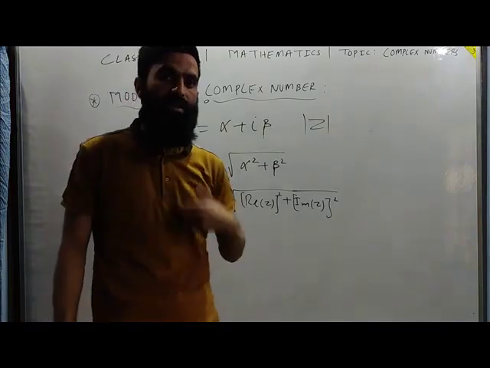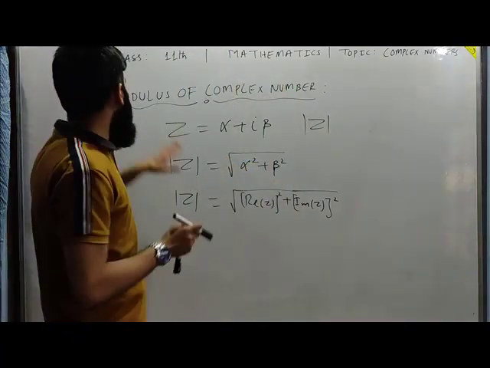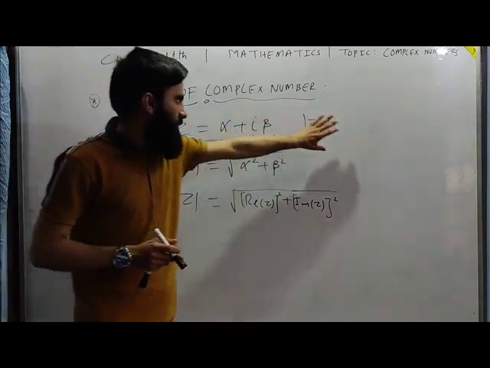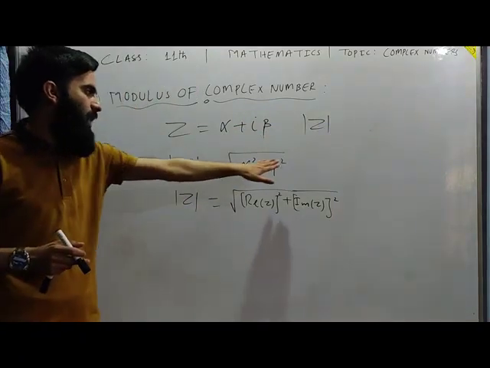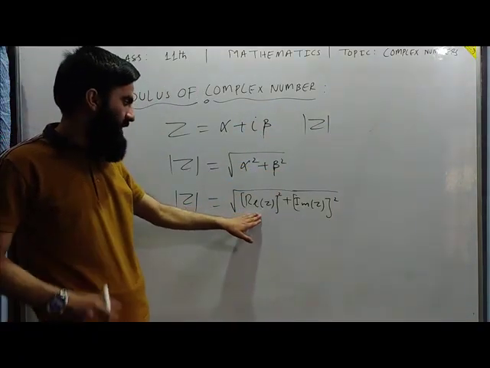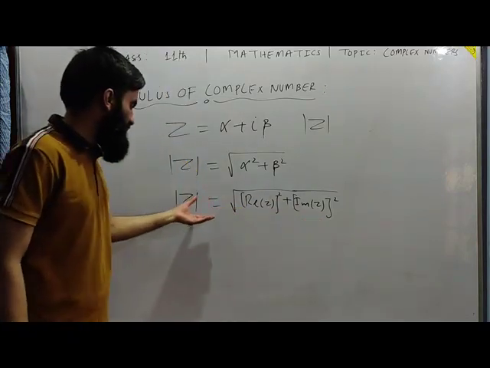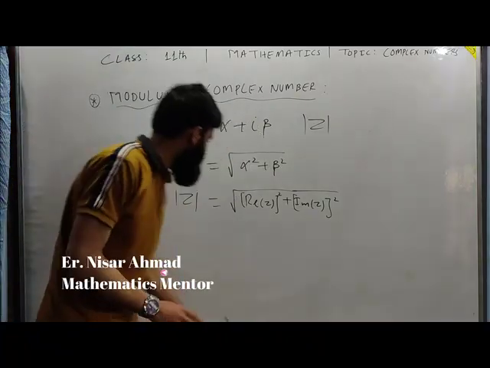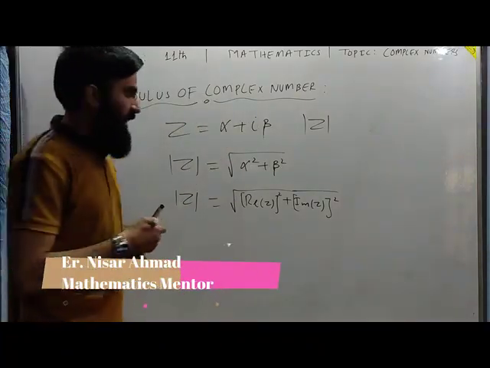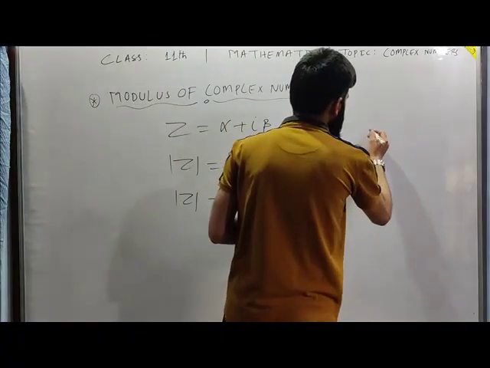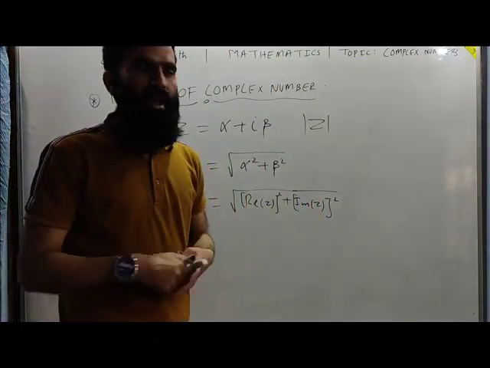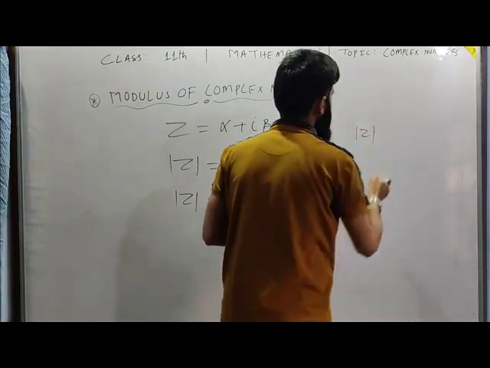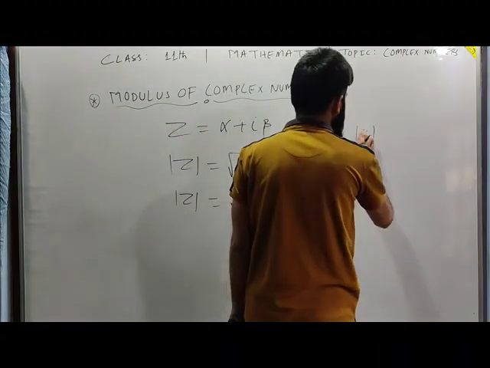How big complex numbers are, we determine by using the modulus of a complex number. So if z is alpha plus iota beta, its mod is denoted by this and is given as the square root of alpha square plus beta square, that is, the square root of real part square plus imaginary part square. I think this is one of the easiest ways to approach the modulus of complex numbers. And by the definition of mod, you might have studied in relations and functions, you can write mod of x.